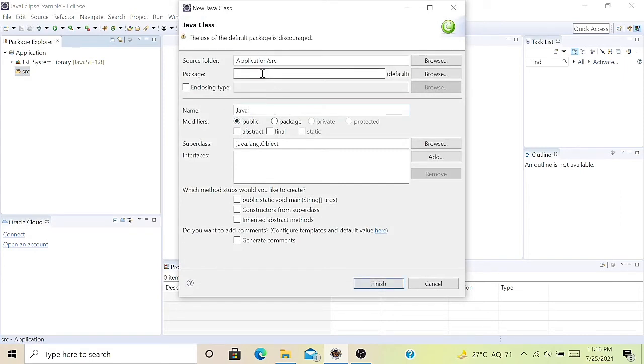You can also give your package name com.tutorial, and according to your requirement you use the method stubs which you would like to create. So here I use public static void main and then click on Finish.